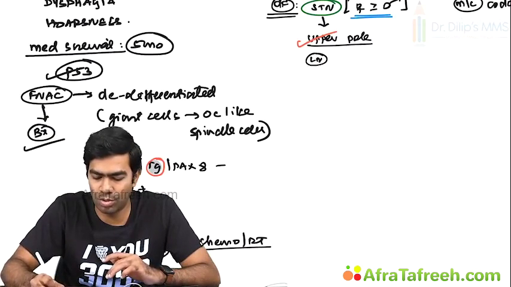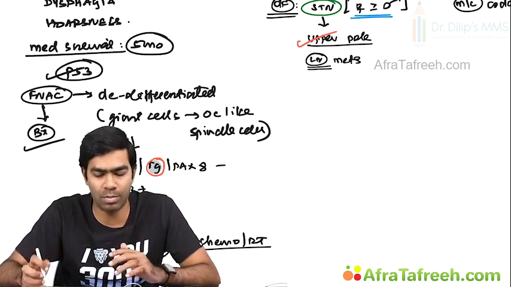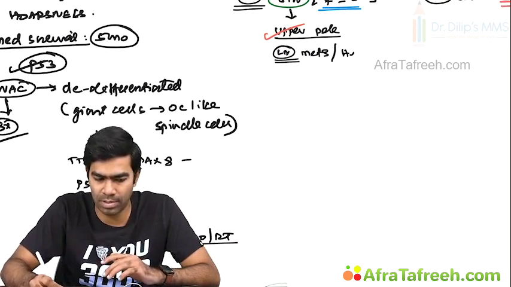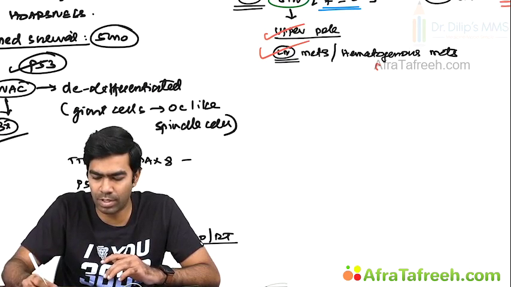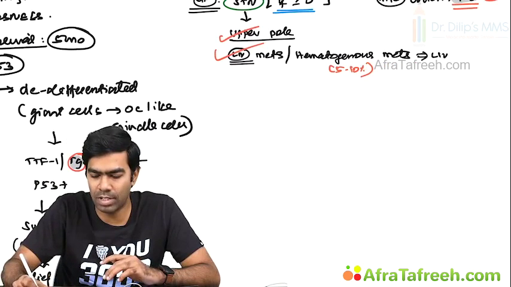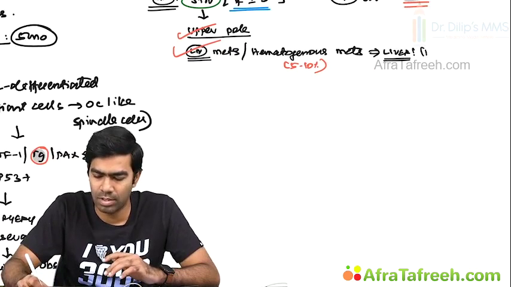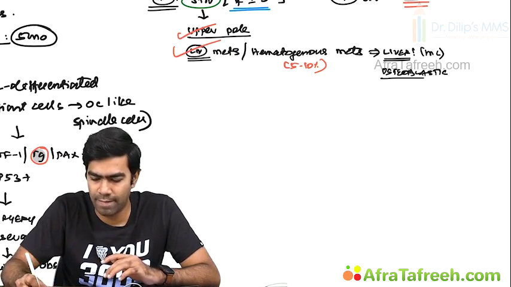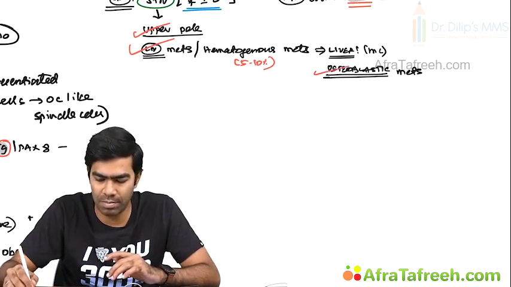And they also do produce lymph node metastasis, because lymph node metastasis is common in papillary thyroid cancer as well, but they do generally produce lymph node metastasis. At the same time, they can develop hematogenous mets as well. But very common is lymph node mets only, while hematogenous mets can be seen in approximately 5 to 10% of the patients, where very commonly the hematogenous mets will be to the liver. Liver is one of the very common sites for hematogenous mets. And they can also produce osteoblastic bone metastasis. This is another important point, because majority of the times you will encounter osteolytic metastasis,